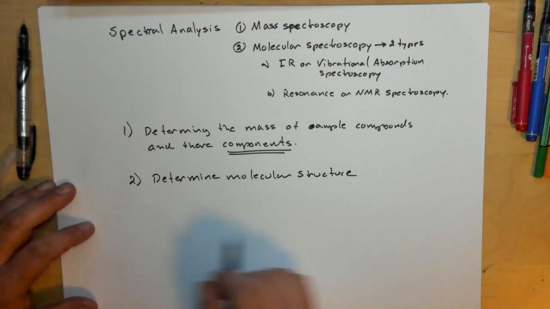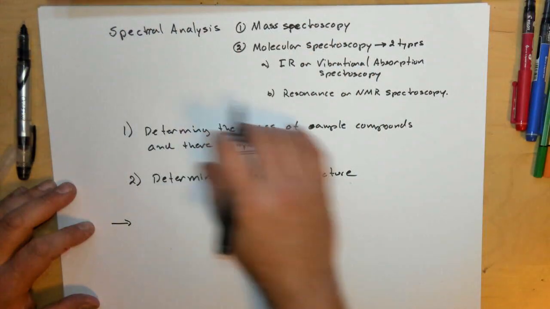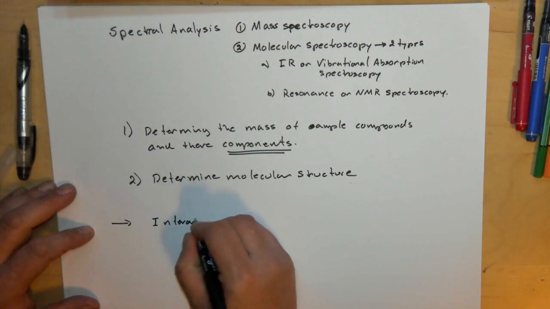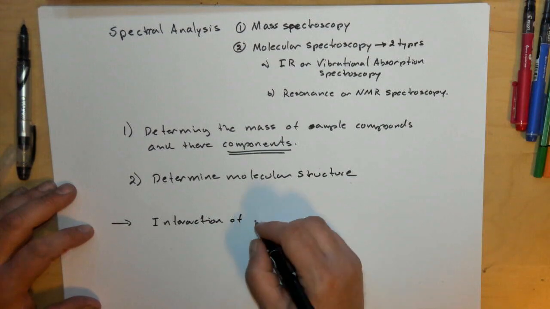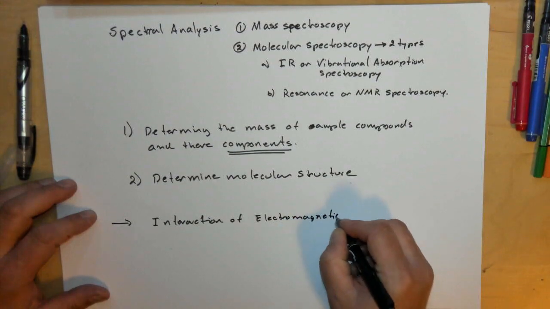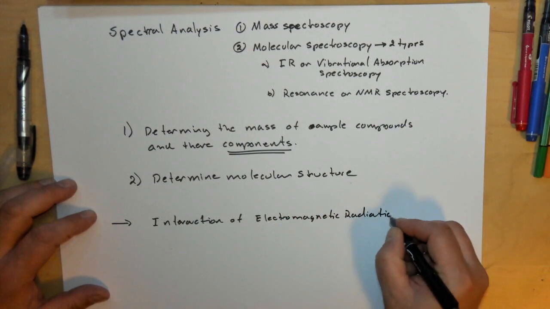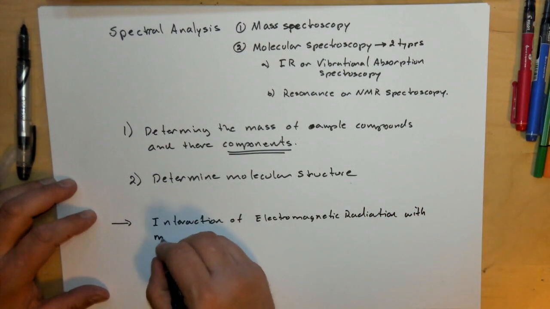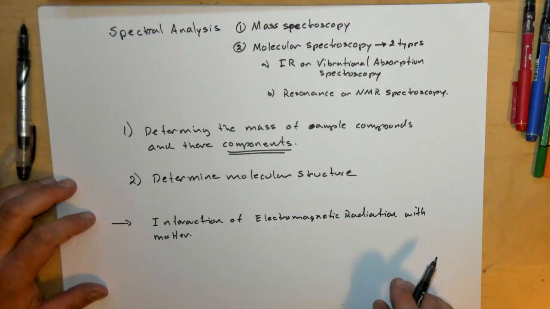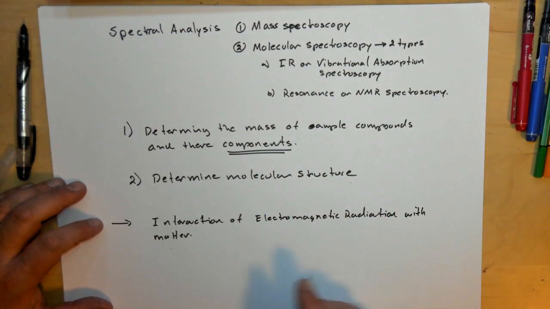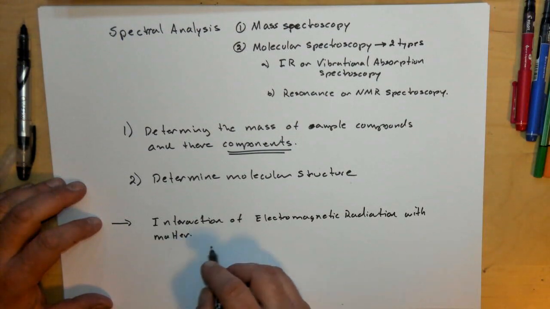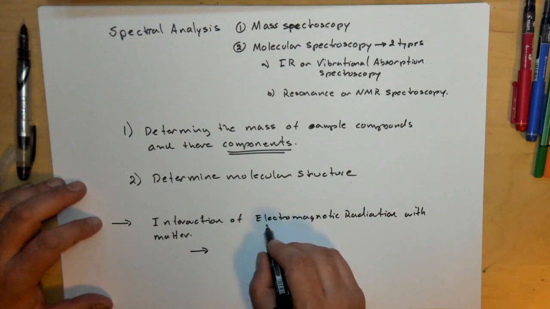But we can also say that basically this entire topic is about the interaction of electromagnetic radiation with matter. This is to a lesser degree true with mass spectroscopy, but to some degree it's true there too. And if we're going to talk about the interaction of electromagnetic radiation with matter, we have two types, right? Light, which is what this is, right? It's light,